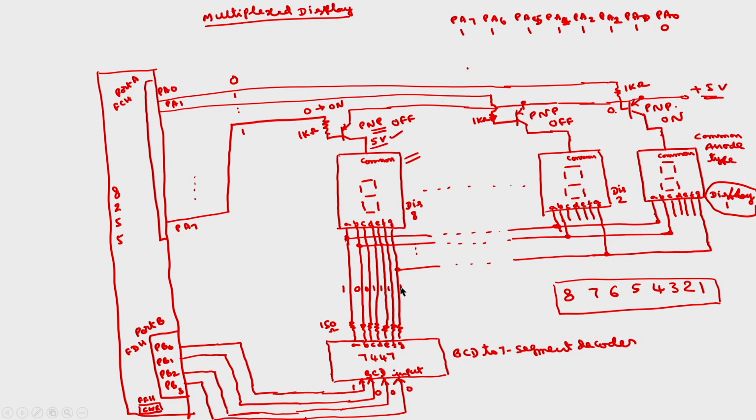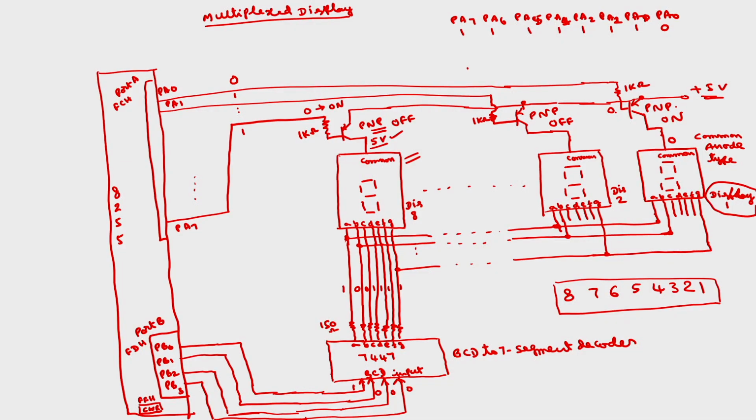Of course this pattern is common to all the 7-segment displays, but for the other displays the common point is connected to 0, because of that they will be off. Only this point will be connected to 1, and all the remaining will be connected to 0. So only the 1 will be displayed on the first display.